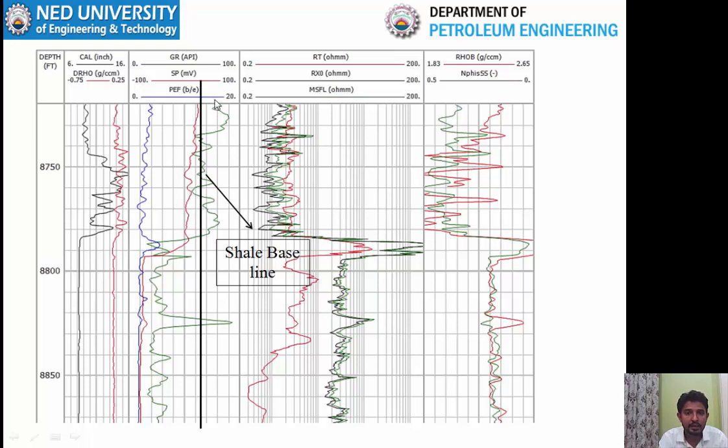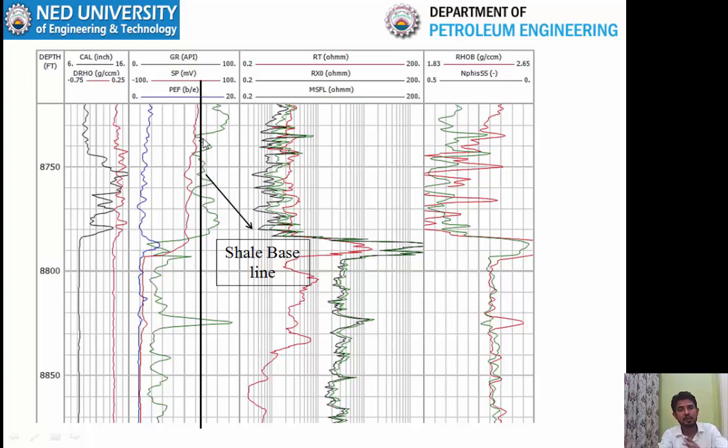Obviously you can also identify whether it is shale or not through the resistivity curves. We haven't seen it yet, but once we have studied the resistivity log, we will see that when the three resistivity curves are overlapping, that also indicates that this zone is a shale zone. So in the top section, when you have the high gamma ray, the three resistivity curves are overlapping. So this is another indication that this zone is the shale zone. So this SP response is against the shale and will be our shale baseline.